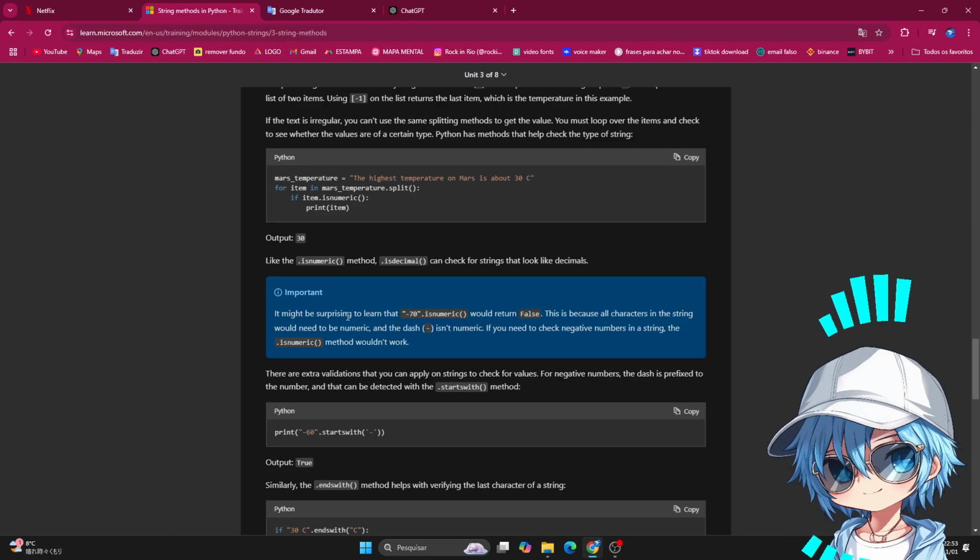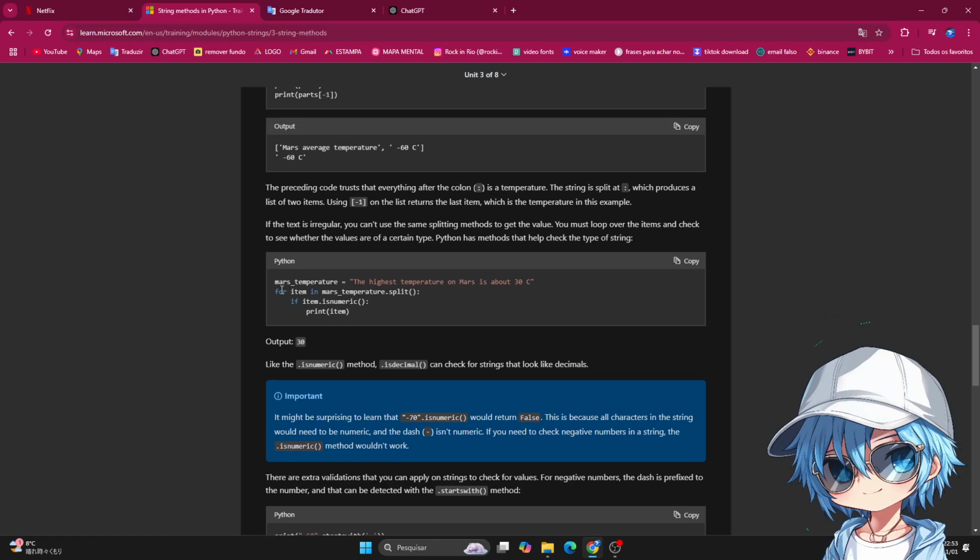Alright, this is a little bit hard to understand. Let me understand. The function for is to print everything. I think so. For items in Mars split, for items in Mars: 1, 2, 3. If item is numeric,